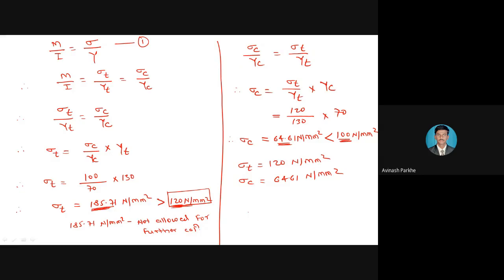Therefore, please keep in mind, if in your statement both the values, sigma t and sigma c, are given, at that time by using this particular equation, sigma t upon yt is equal to sigma c upon yc. पहिल्यांदा सिग्मा टी काढा, त्याच्यामध्ये सिग्मा सी व्हॅल्यू स्टेटमेंट मध्ये दिलेली पुट करा, जो सिग्मा टी येईल तो स्टेटमेंट मध्ये दिलेल्याशी कंपेअर करा, त्याच्यामधला मिनिमम स्ट्रेस पुढच्या कॅल्क्युलेशन साठी घ्या. सिमिलरली use this second combination, ज्याच्यामध्ये सिग्मा सी व्हॅल्यू काढा, त्याच्यामध्ये सिग्मा सी काढताना स्टेटमेंट मध्ये दिलेली सिग्मा टी म्हणजे 120 न्यूटन पर mm स्क्वेअर, I have got one sigma c value.